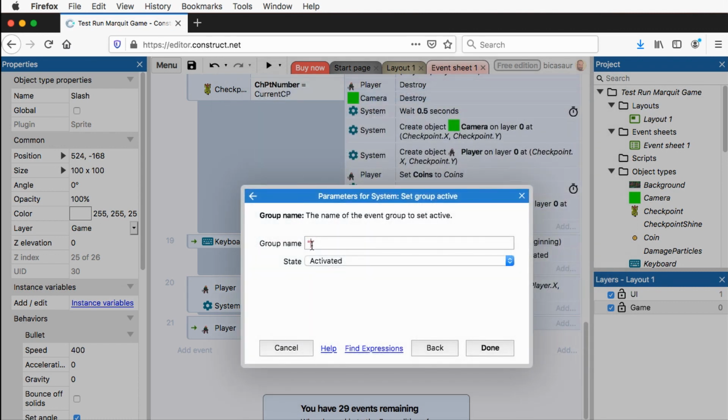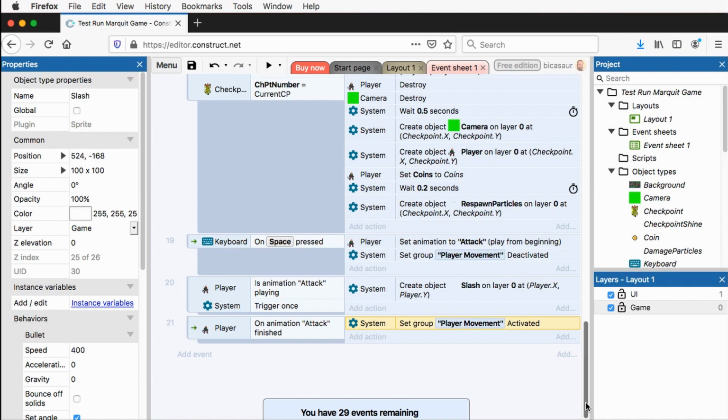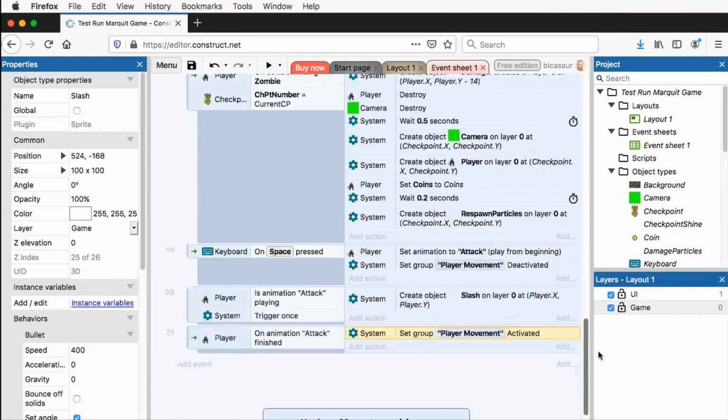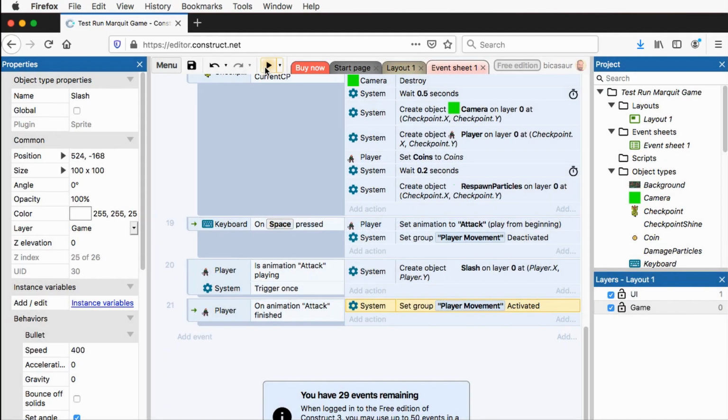And that is going to be, of course, the player movement group set to activated. And the player group, notice up here, sets the animations for us. Set animations to jump, walk, idle. So that should actually take care of it. It should reset our